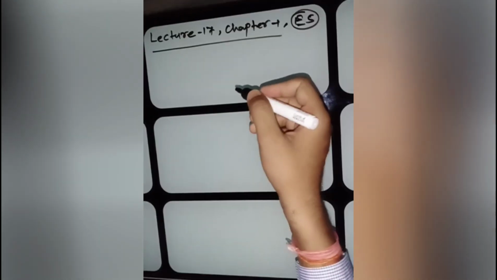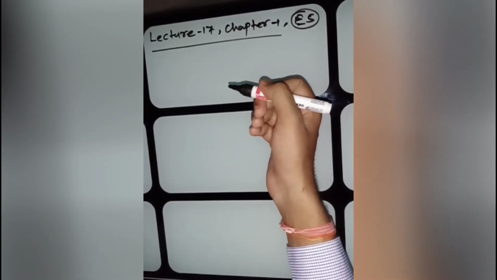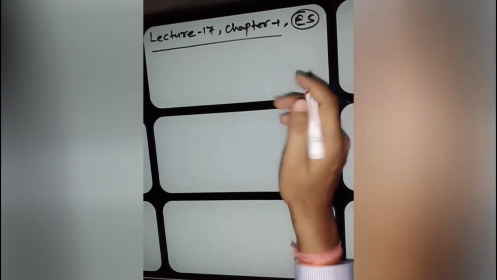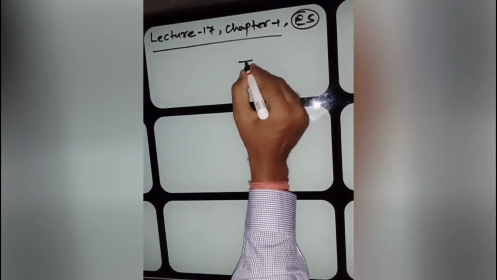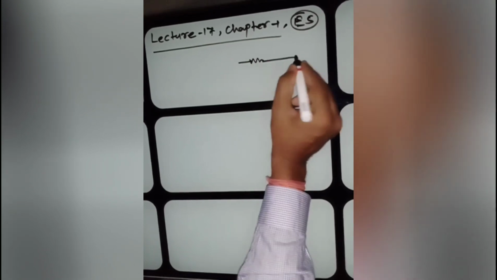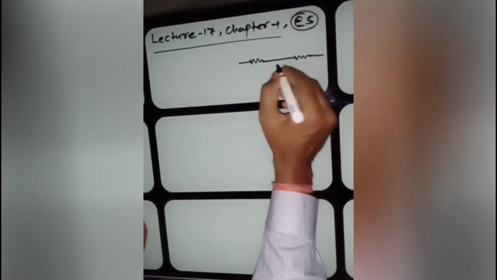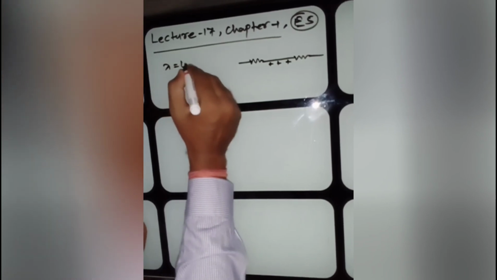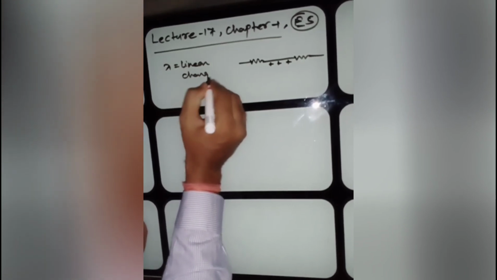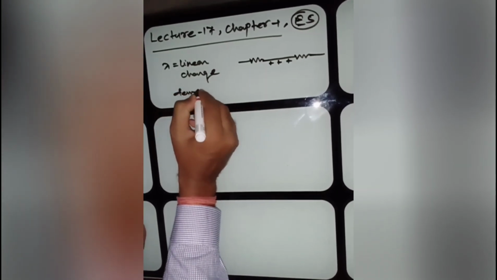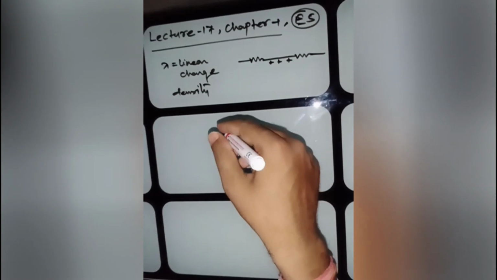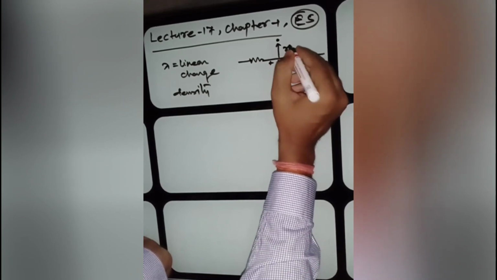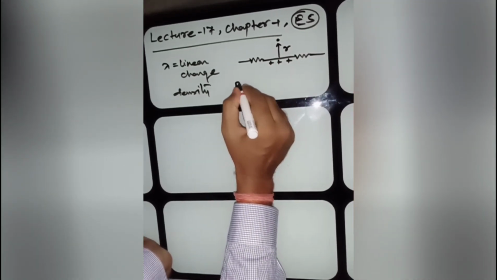I am B.S. Pandey. Students, in the last class we studied the applications of Gauss's law. The first application was the electric field due to a conductor, a very large, infinitely long conductor, that is, a wire. If the charge is uniformly distributed with linear charge density lambda, then we studied the electric field at any point at distance r as E equals,